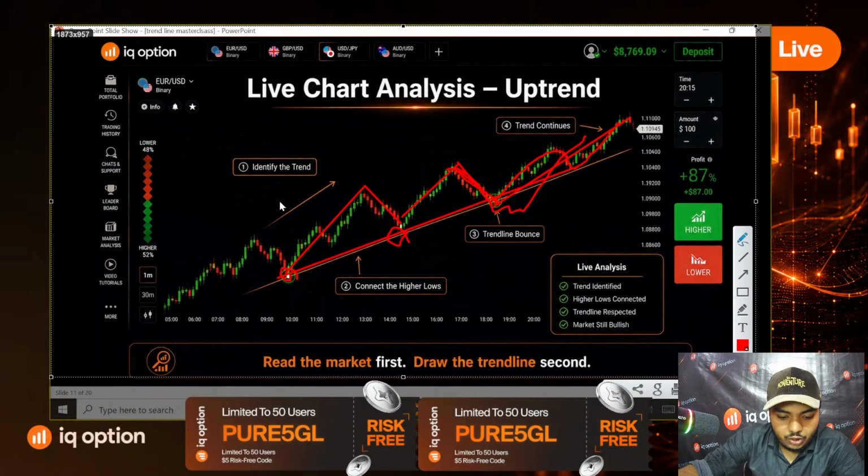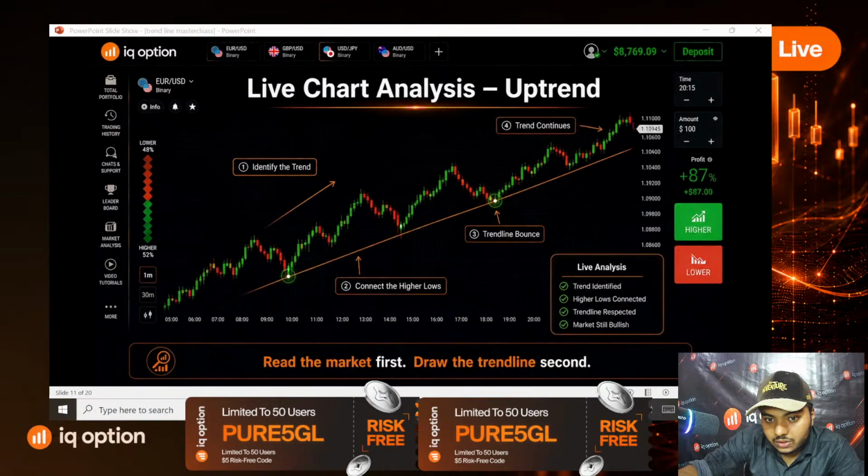Always remember, guys, first read the market and then draw your trend line. Never draw a trend line first and try to force the market to fit it. Do not try to fit the market for the sake of getting a trade like this one. Do not try to do this. Let the market naturally come to you, and if the market gives you an opportunity and you get all your confirmations, a candle confirmation, a rejection confirmation, a lot of types of confirmation,